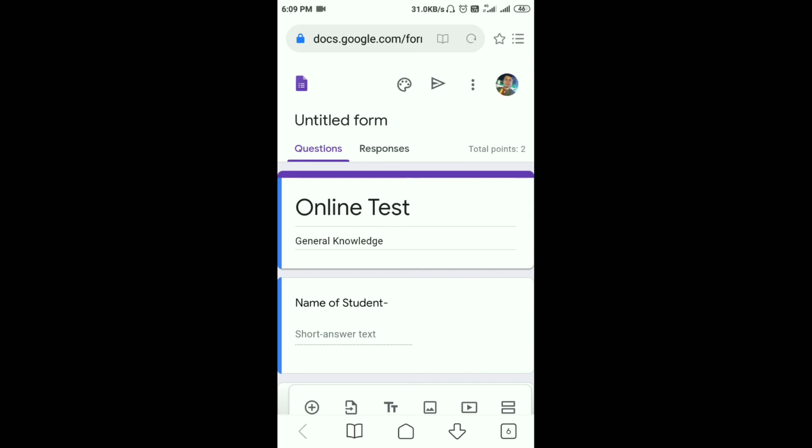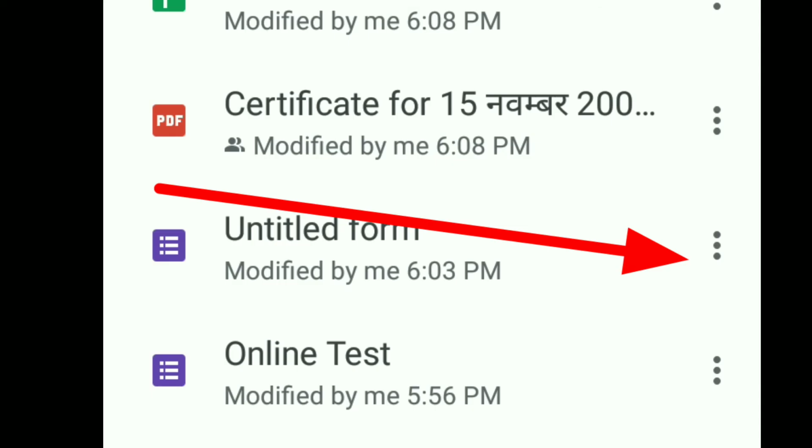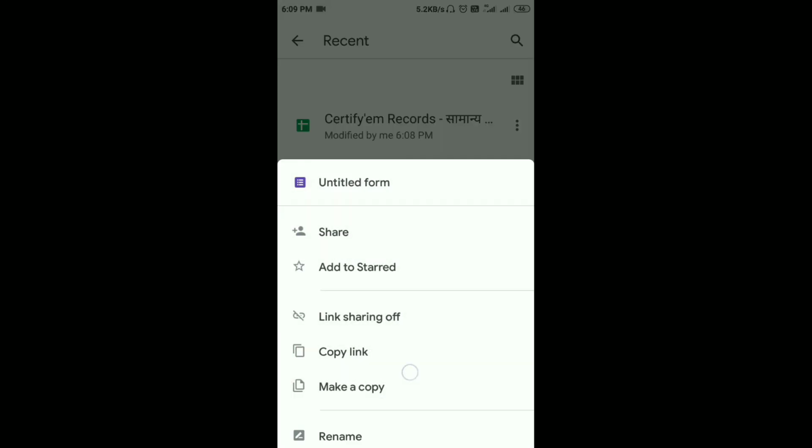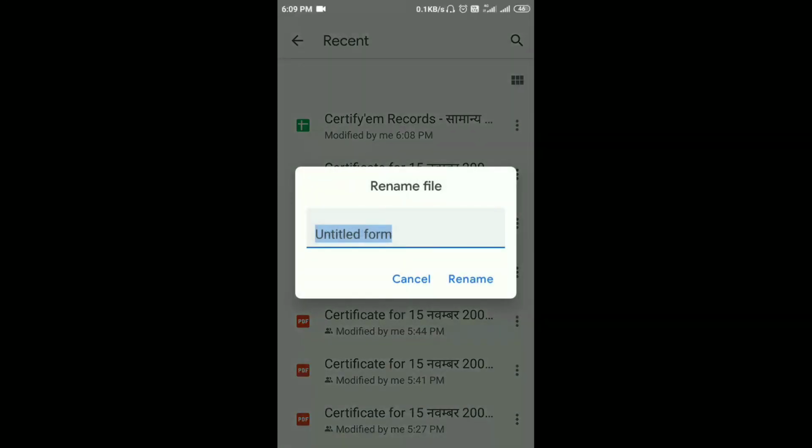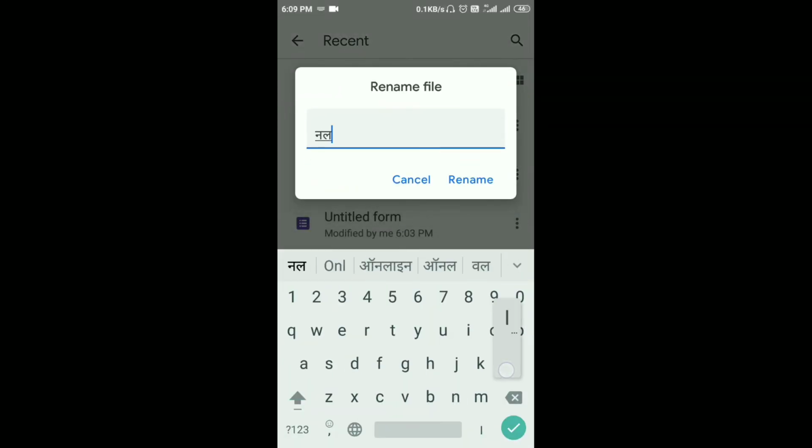If you want to name this, just click on 3 dots and rename this. Okay, online test GK. Now it became easy to find.